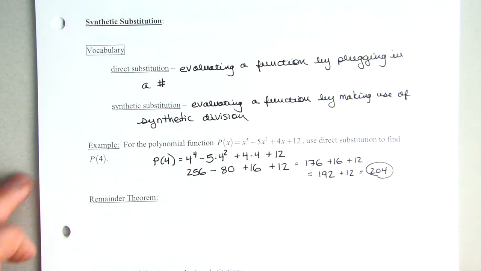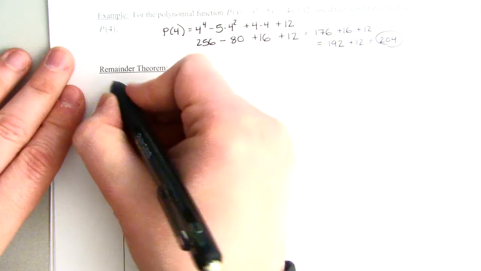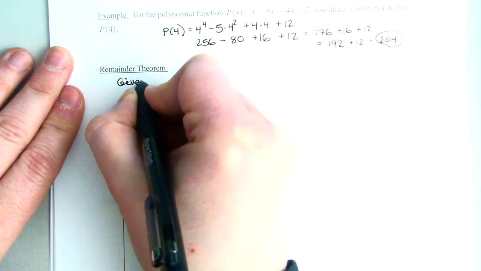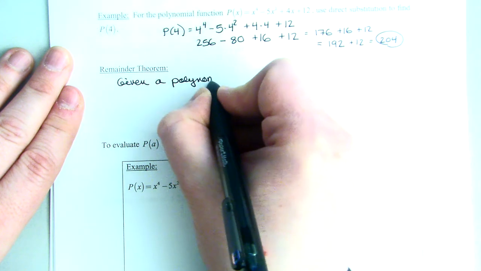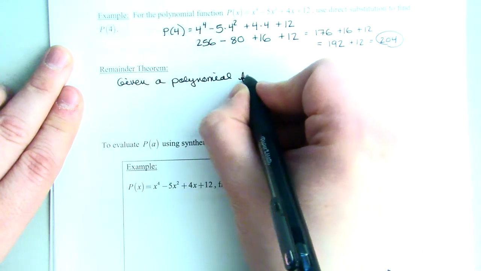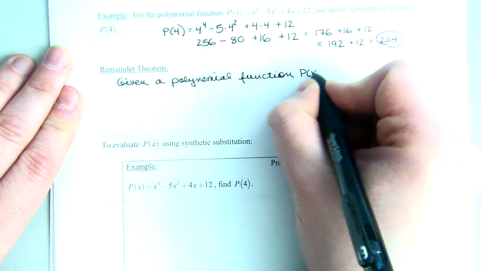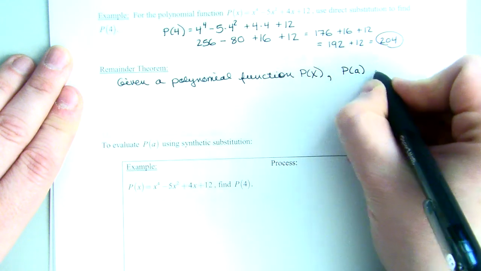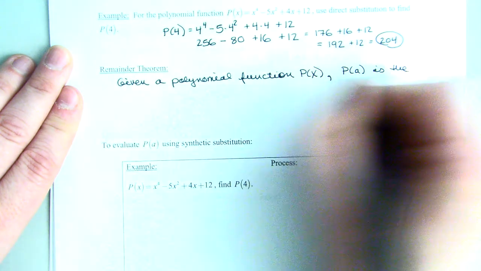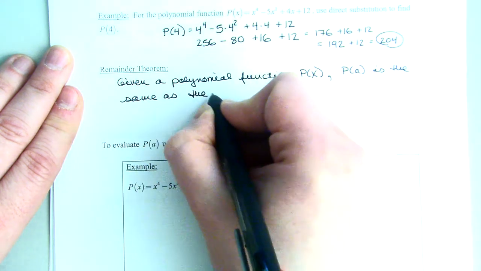Before I show you an example of that, we need this theorem called the Remainder Theorem. What the Remainder Theorem says is if we take a polynomial function p of x, given a polynomial function p of x, p of a is the same as the value of the remainder